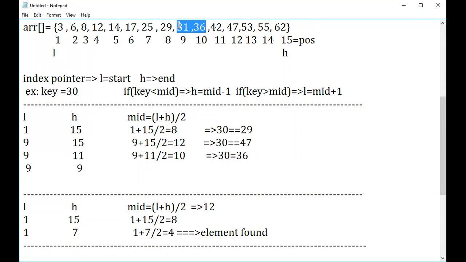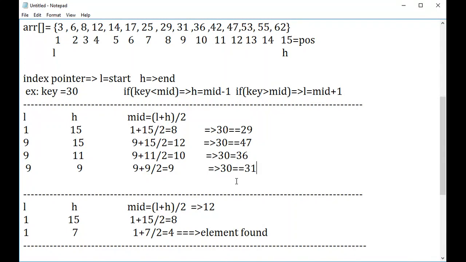So I'll decrement it. Again I'll do the addition, which is 9 plus 9 divided by 2, which is going to produce 9 again. So now I'll check the value at the ninth position. Is 30 equal to the ninth position value, 31? No, they are not equal.